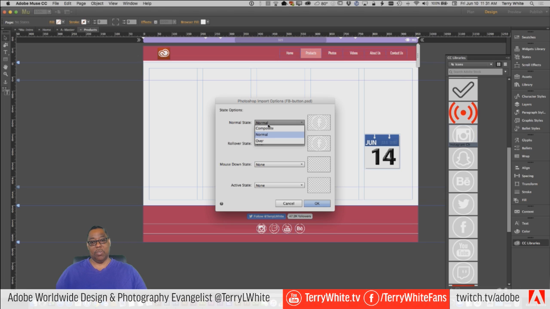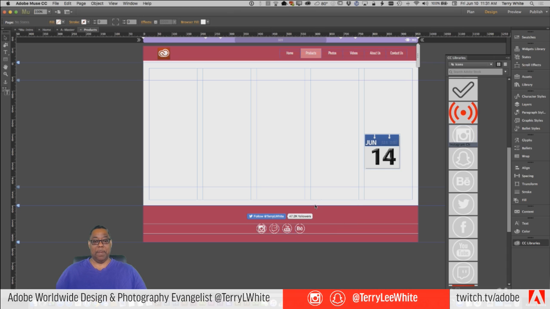And my normal state is going to be, no, I want my normal state to be that, and I want my over state to be the composite of the two layers. There we go. All right, so now that I've got that in place, I'm basically able to pick and choose which layers I want to apply or use the composite of the layers. So now we'll click OK.